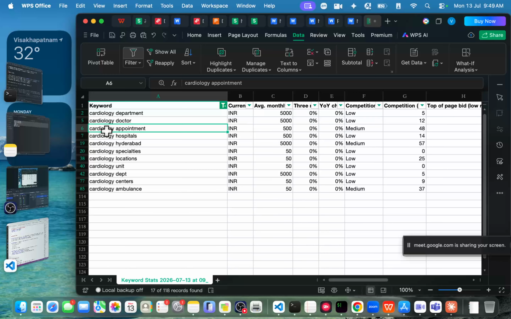We call this volume. Even if your keyword is relevant, if nobody is searching for it, there is no use in targeting that kind of keyword, because ultimately why are we doing all this campaign and everything? Because we want to be visible when somebody